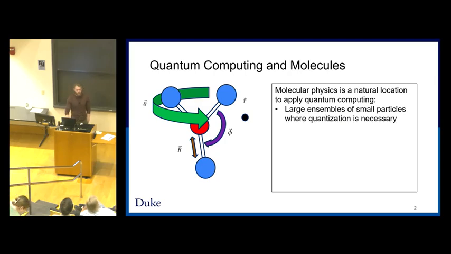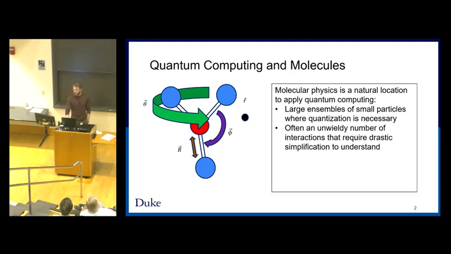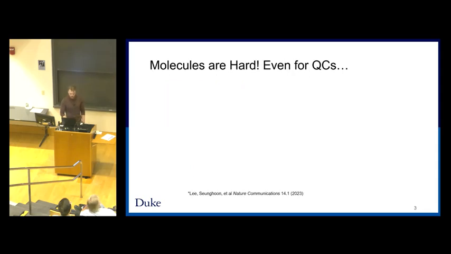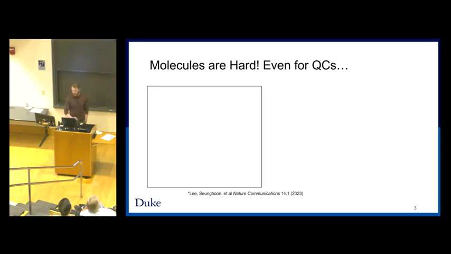They are naturally large ensembles of small particles where quantization is necessary. They often have an unwieldy number of interactions that require drastic simplification. And they're relevant to everything in our lives, in particular biology, drug development, material design, and a bunch of other things. But they're hard to simulate for classical computers and even for quantum computers,